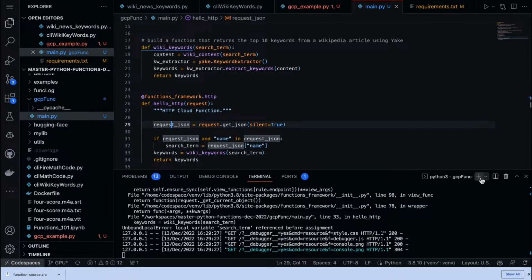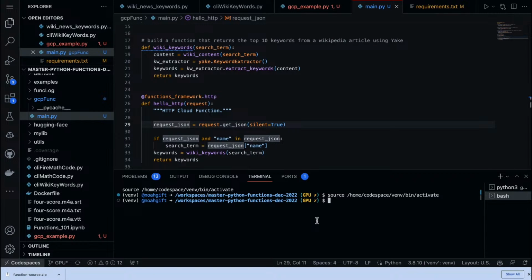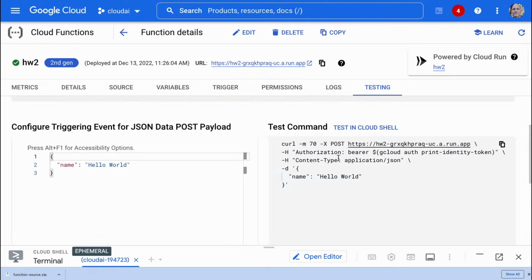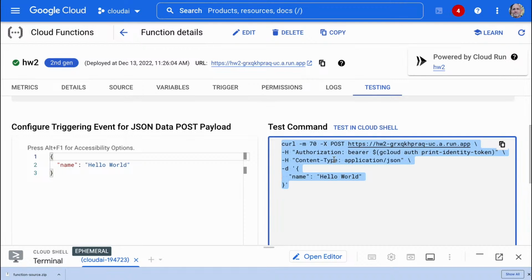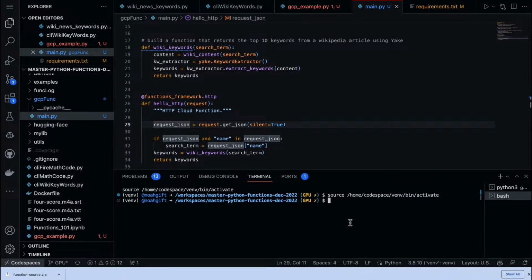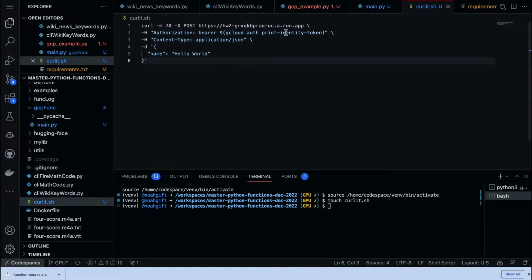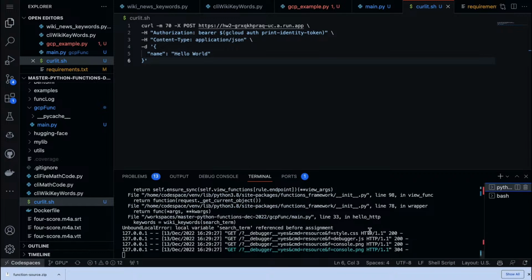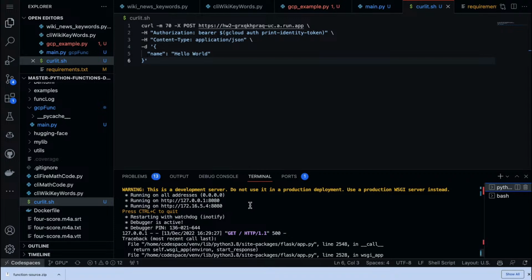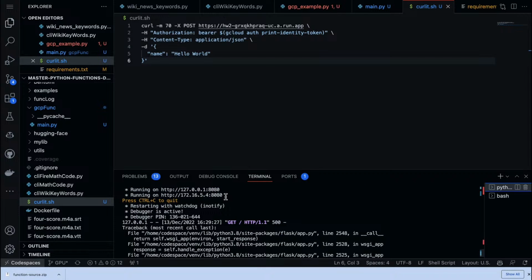And so we would need to do another terminal here. And if we copied the other example like this and we just tweak it a little bit, it should look kind of like this. So let's go to this environment here. We'll just call it curlit.sh like that, and we just tweak it a little bit. So instead it's going to be localhost 8080, right?